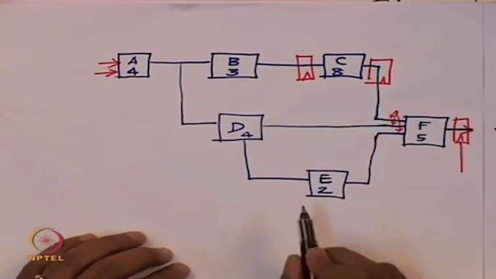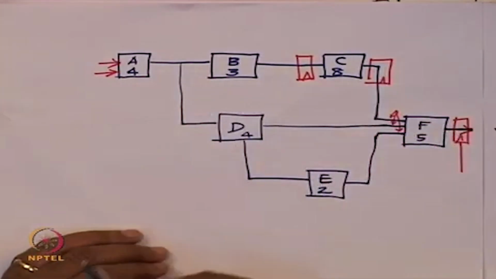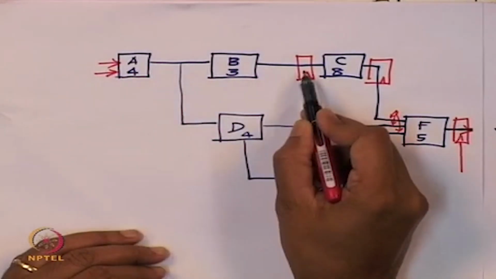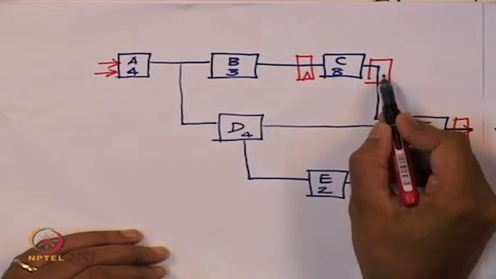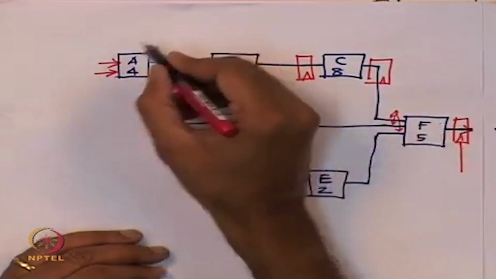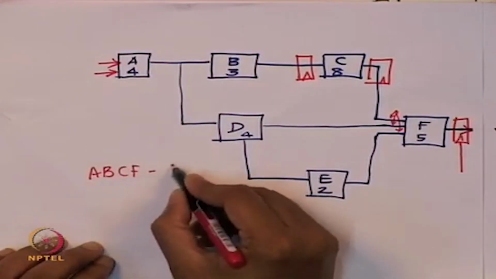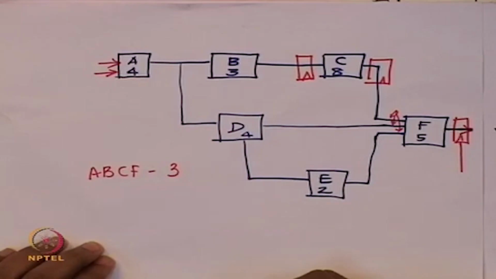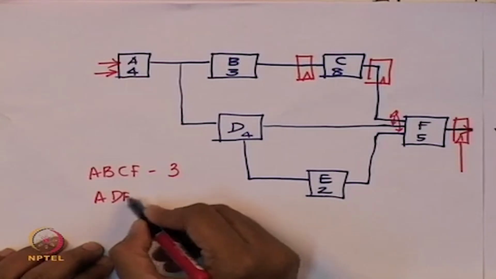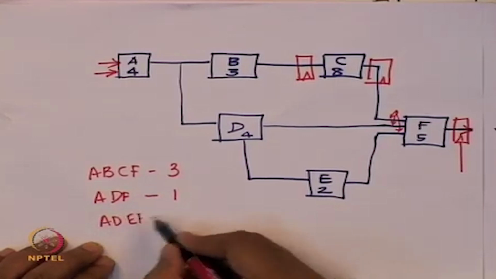The thing that I have to now do is, from the inputs, if I go and look at it, is this a well formed pipeline? So from the input, if I start here, I go through this flip flop, I go through this flip flop, and I go through this flip flop. So the path from A to F, so the path A, B, C, F has 3 flip flops, right? However, the path A, D, F has only 1 flip flop, and A, D, E, F also has 1